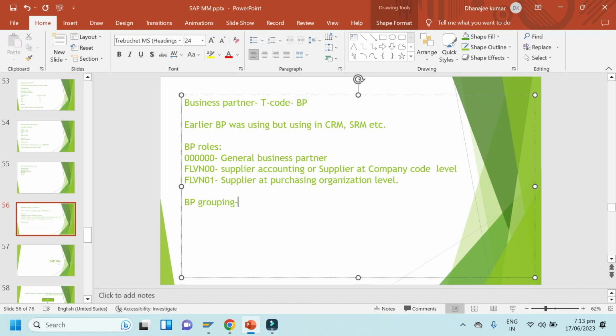Whoever already knows the supplier can understand this business partner easily. Supplier means vendor. Previously I already taught you the vendor master, right? So those people will easily understand the business partner. Okay, so in business partner we can create, you can note it here. In business partner